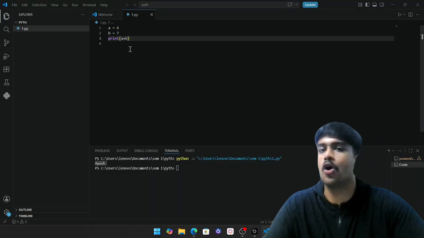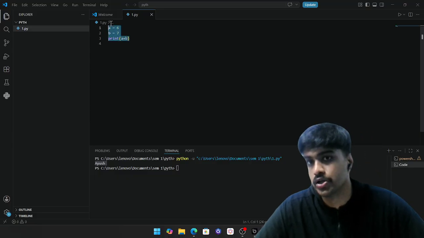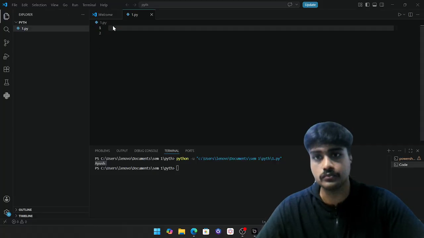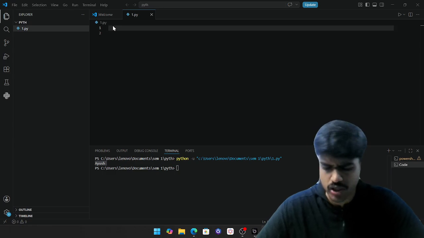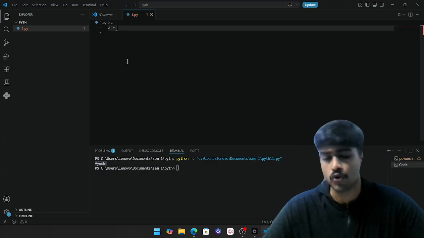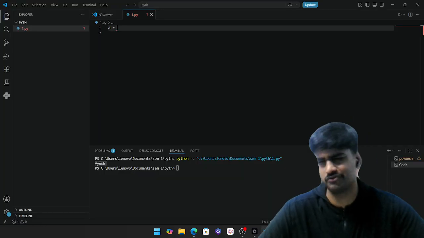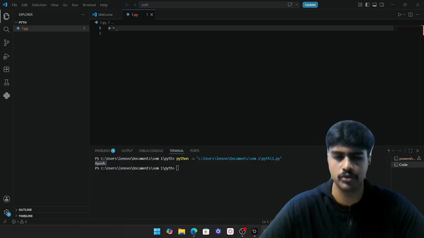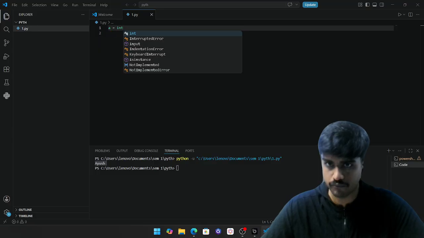In this code, we have already given the input. We have not taken the input from the user. Okay, so let's do this question. So how to take the input from the user? From the input keyword, right? So let's suppose a equal to, so what is the number, it's just saying take two numbers. Let's suppose the two numbers which we are giving to the user are integers, not floating values. So let's say a equal to integer